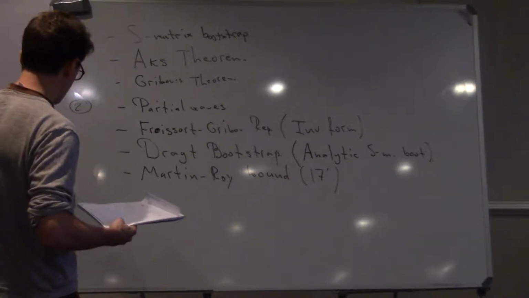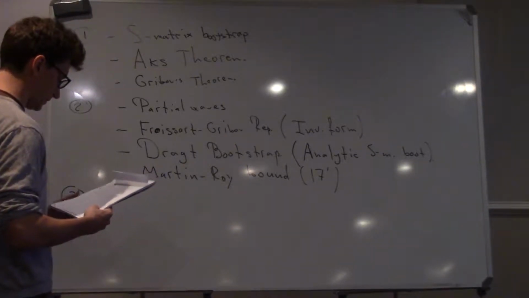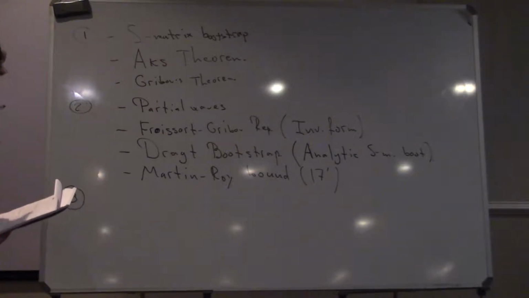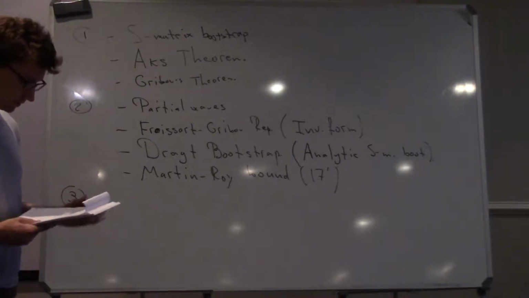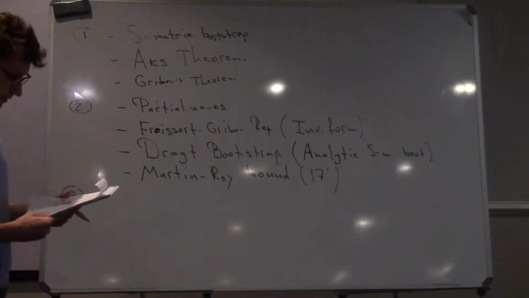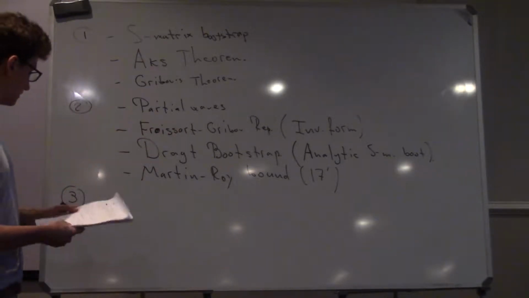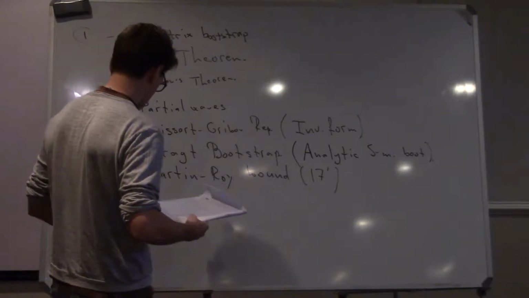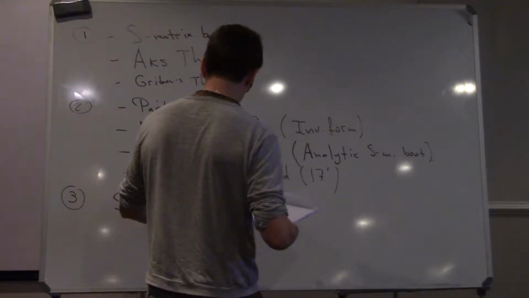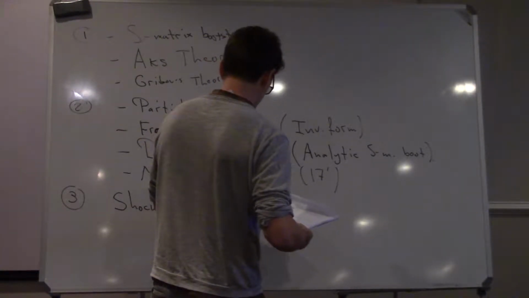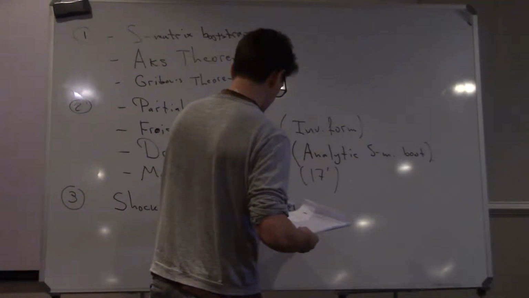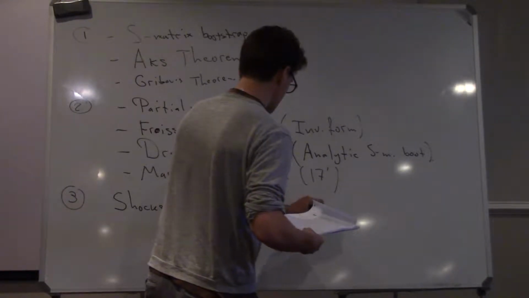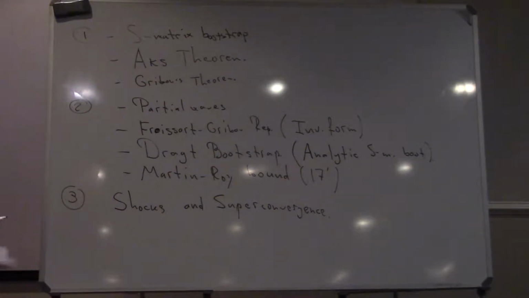And lastly, in the third lecture, I want to talk about some, again, bootstrap analysis but in the S matrix, but this time in gravitational theories. It's slightly disconnected, actually, but uses all the same techniques, and again, it's related to some ideas from the 60s, but applied to gravitational theories, and shocks and superconvergence. So it's related to the high energy consistency of gravitational theories.